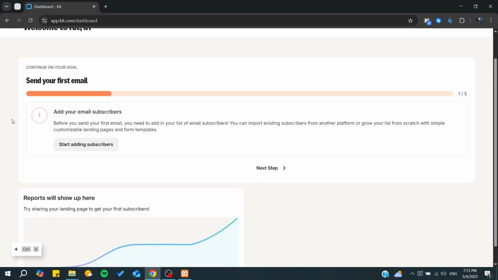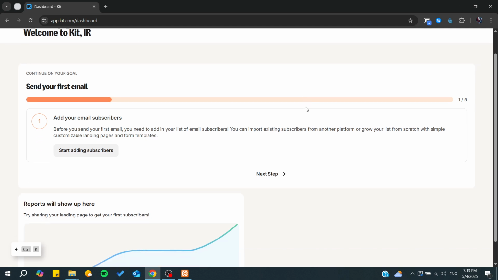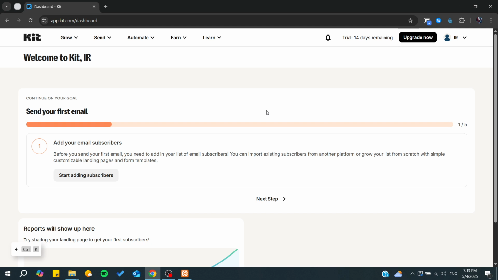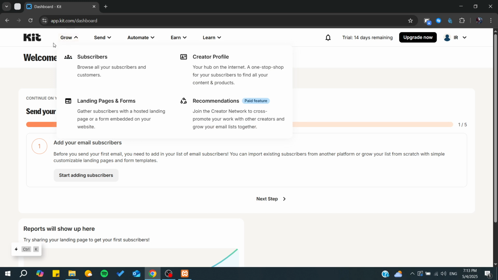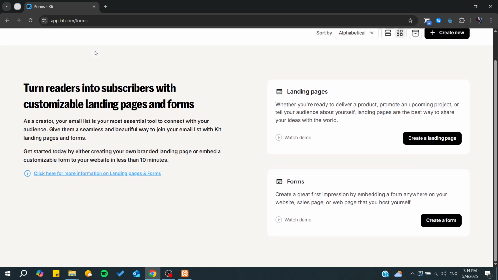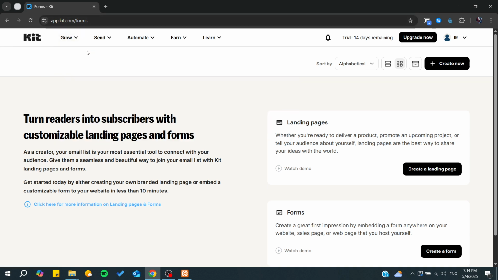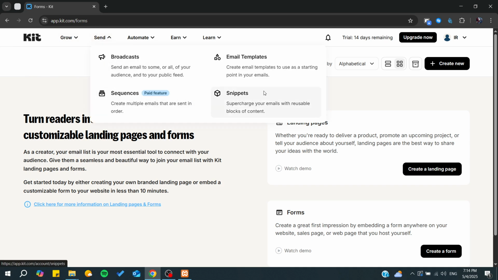So basically, to use Kit for email marketing, you will first need to have prospects or some subscribers. And basically, you will need to start using these grow tools so you can start having your first subscribers. Either you can start having landing pages and forms, and then you will just need to share them through your social media or wherever, so you can get more growth in audience. And the more audience you have, the more you will be able to start sending your email marketing